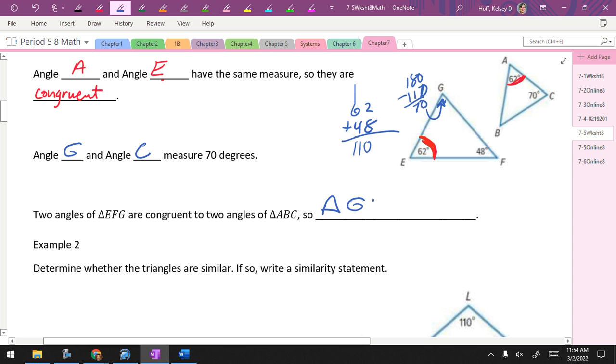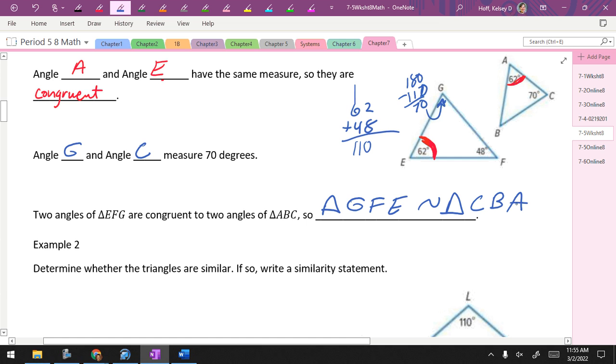Triangle GFE is similar to, you write the other three. Put them in the correct order. Don't say it out loud. I say GFE is similar to triangle